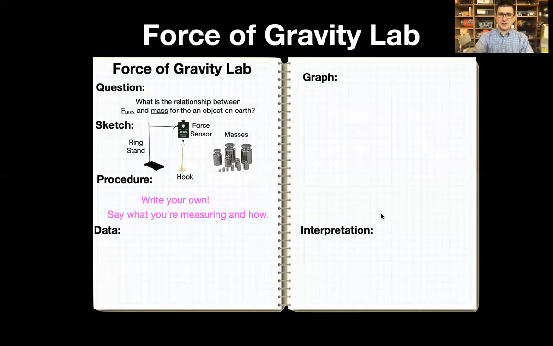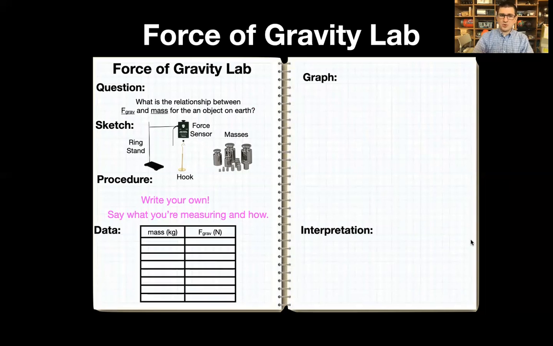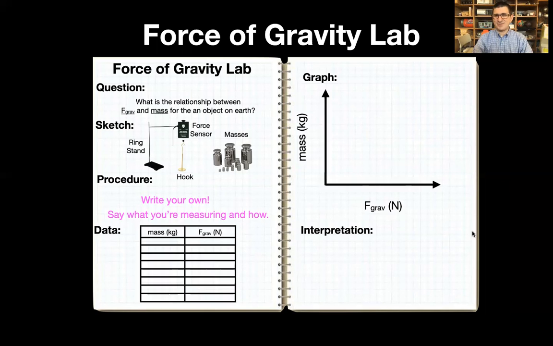And then just to finish up our video, we need to make our data table, and we're just going to be recording mass and force gravity. And then we are going to have our graph where we're going to graph mass and force gravity. Make sure that your lab notebook is all set up to run our lab in the next class. You don't have to add numbers to your graph yet, since we don't have numbers yet. But make sure that everything is set up in your lab notebook for our next class so that we can come to class and hit the ground running and conduct and analyze the lab all before the end of class.